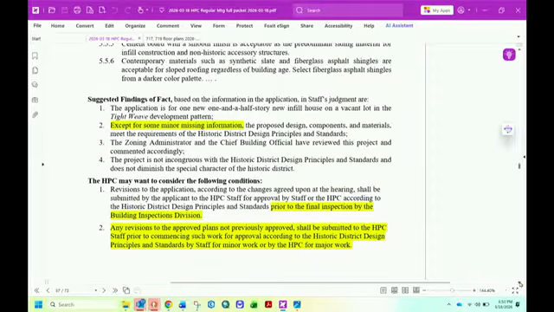Anything that changes in addition to what we've talked about today needs to be submitted to the administrator as well prior to the final inspection by the Building Inspection Division.